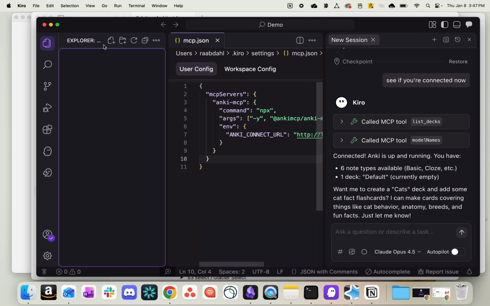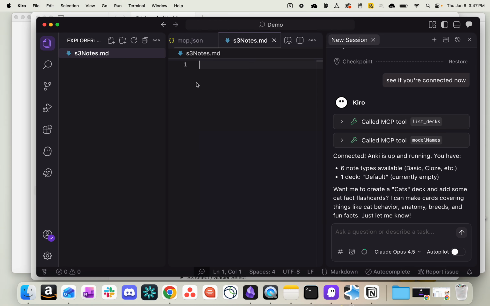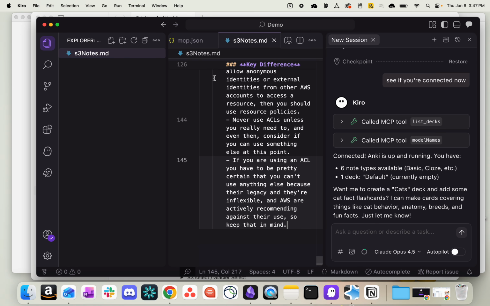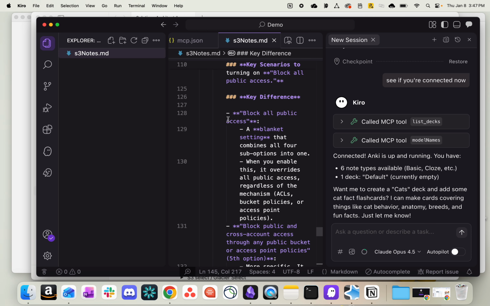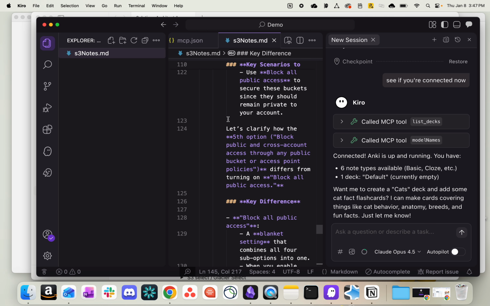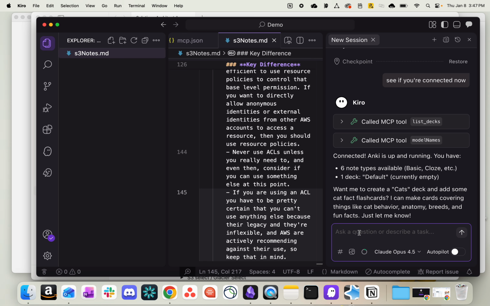So let's take a look here at this panel. I'm going to click on the file icon, open a file, and I'll just call this S3 notes.md. I'm going to put in a markdown file. Large language models love markdown files. I'm just going to paste it, even though this is not markdown syntax. I'm literally just copying and pasting text here. And I'll say,